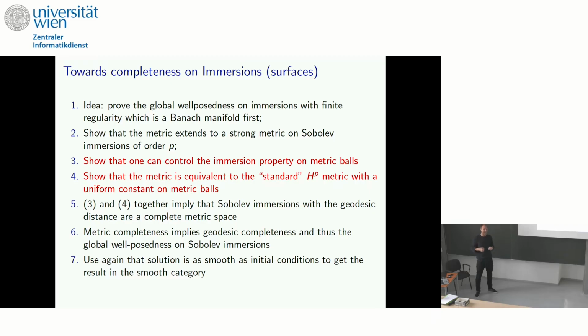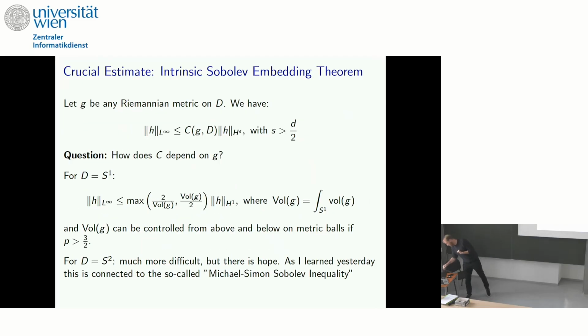The answer is that for diffeomorphism groups, it's kind of magical, everything comes for free. Once you see that it's a strong Riemannian metric, you are done, because you have a strong right-invariant metric and then completeness follows by general arguments. So it's nice that it's true for diffeomorphism groups, and it's an indication that it might be true here, but it's kind of magical that it works out for free. So you don't have to do the hard work in 3 and 4.